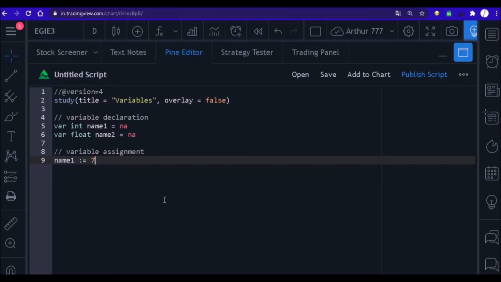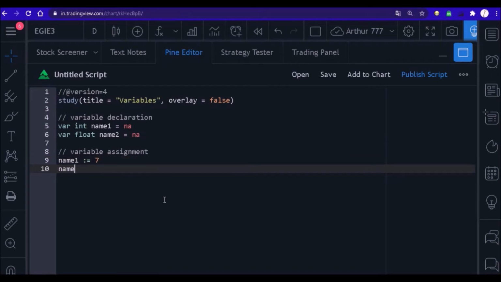Now let's suppose that we want to store the number 7.77 inside a variable that we created. To do this, we will first write the name of the variable, place the attribution symbol, and say which number we want to store in the variable, which in this case is the number 7.77. It is important to say that the number must be compatible with the type you have defined for your